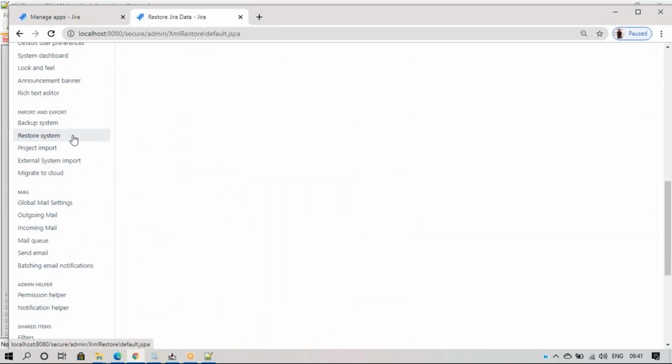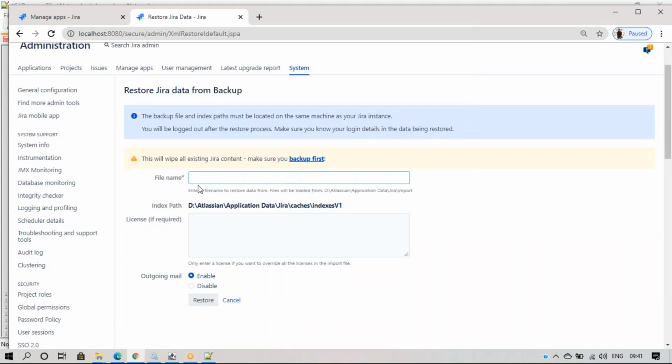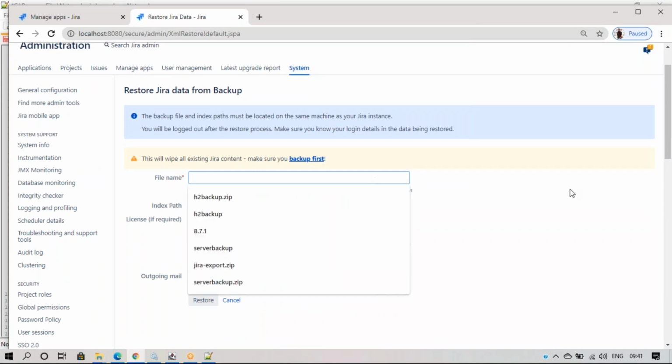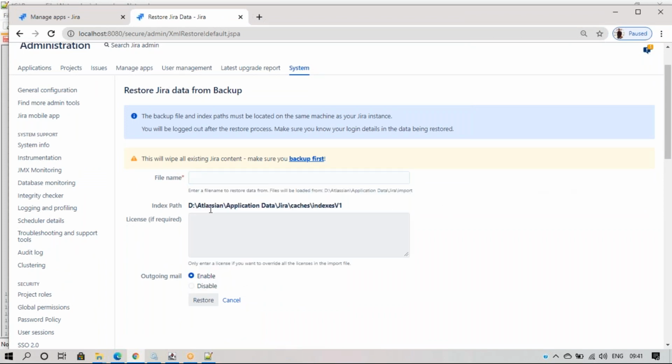When you click on restore system, you can see it is asking for a file name, and below you can read: enter a file name to restore data from. The file will be loaded from the D folder, Atlassian application data, Jira import folder. Okay, so that file should be in this place.